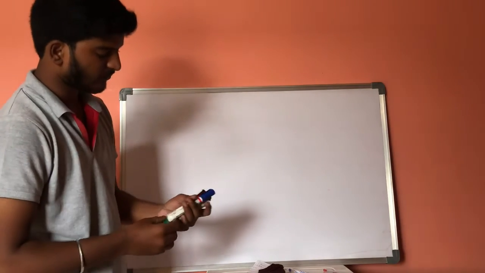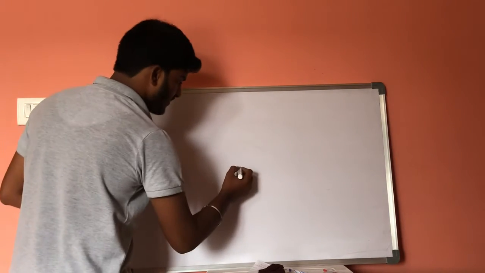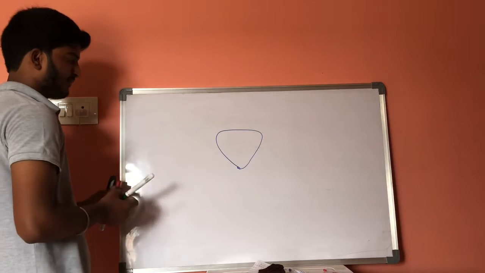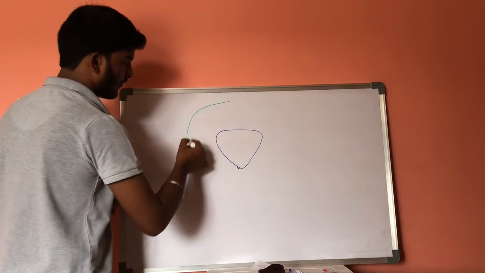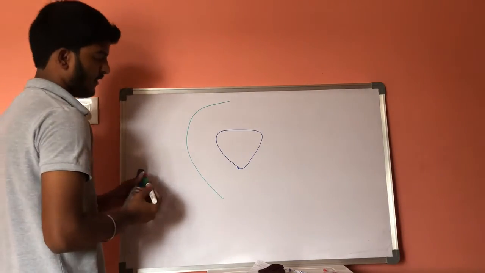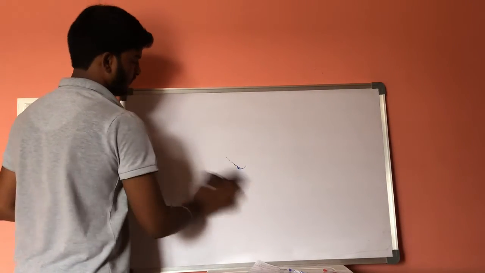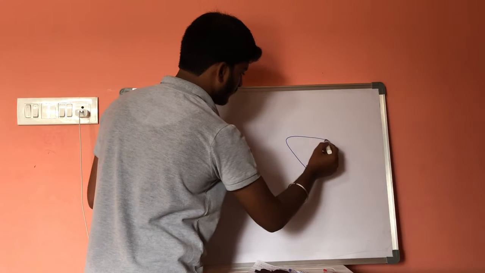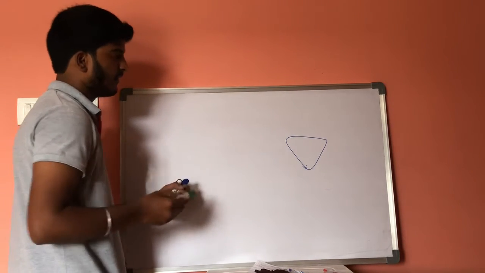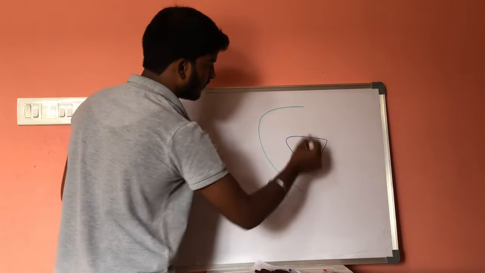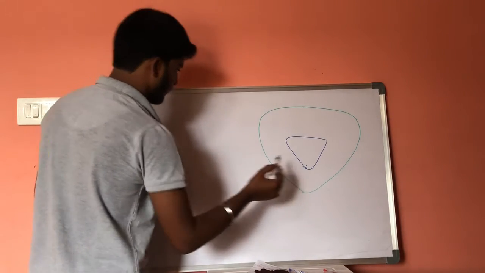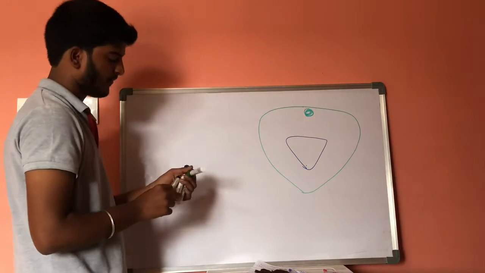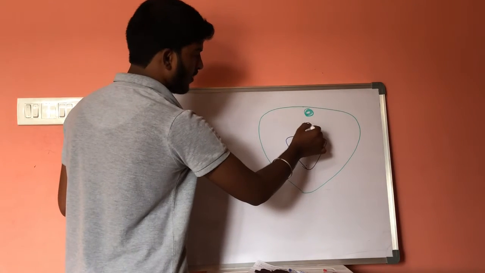Now, this is the endoderm. This is the ectoderm, and this is the neural tube. Below the neural tube, it consists of the notochord, and